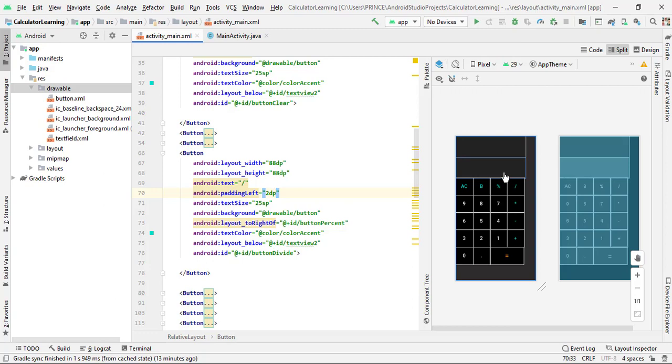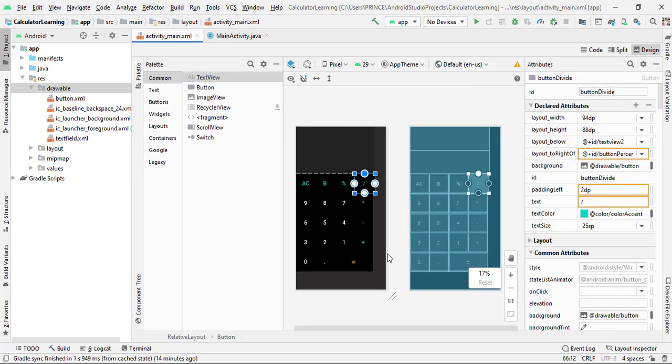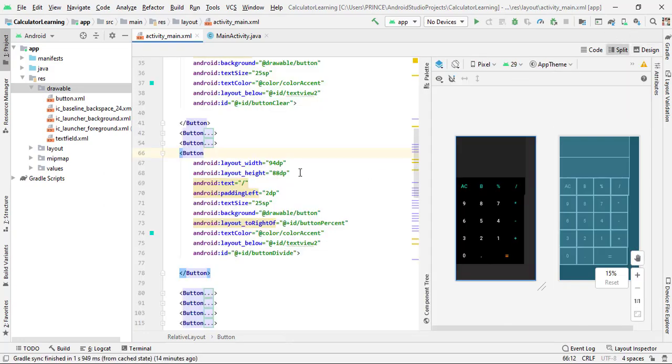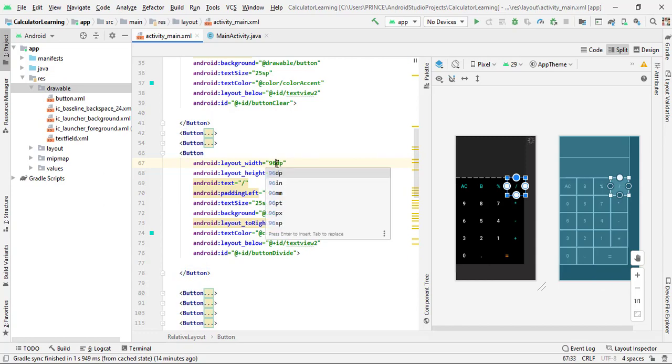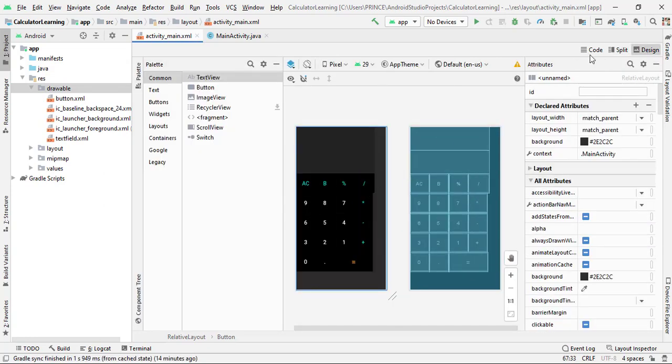So we have to add 6 dp into the width of this button. So simply add 6 dp. So I type 94 here. And this time when you click on design, 2 dp is still left due to miscalculation. So 96 dp is fine. And now click on design and you can see this button align according to the text view.